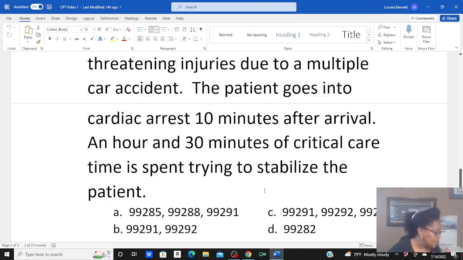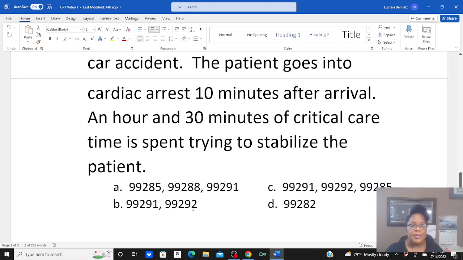You can go ahead and schedule this time. Well, you'll learn that you don't assign a 292. 292 has a plus sign in front of it. That's an add-on code, so you cannot assign the 292 by itself. Okay? All right, and then looking at your options here,